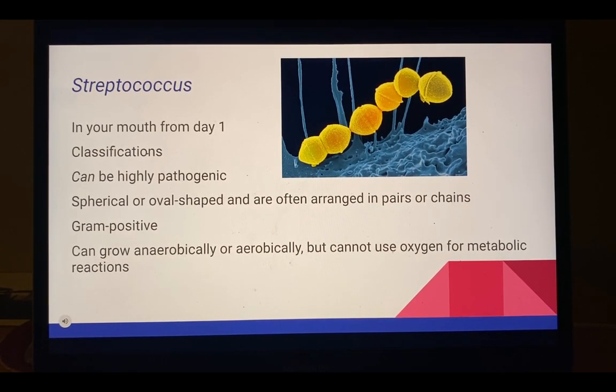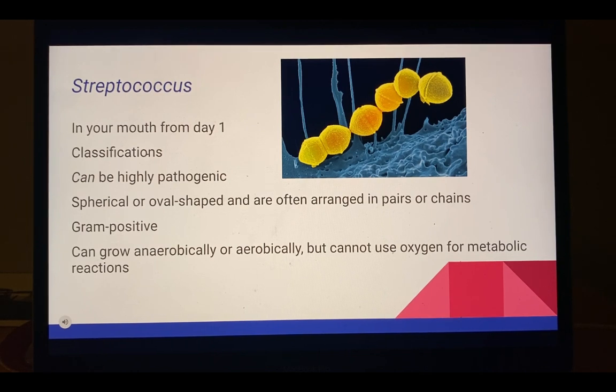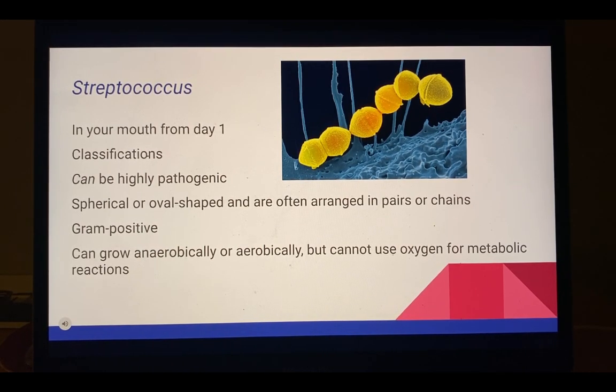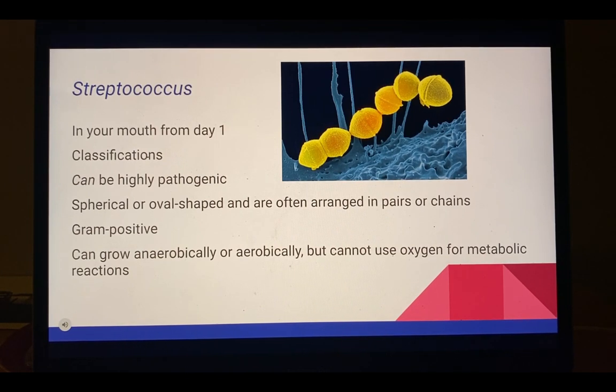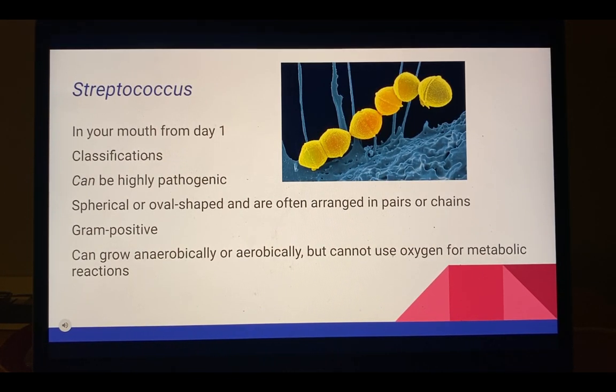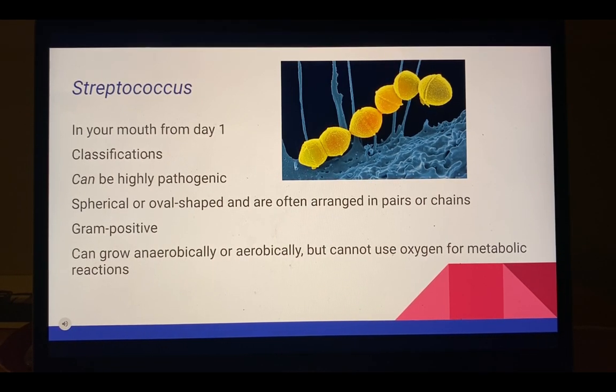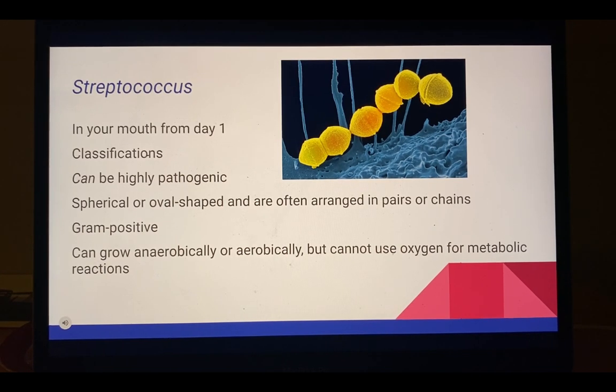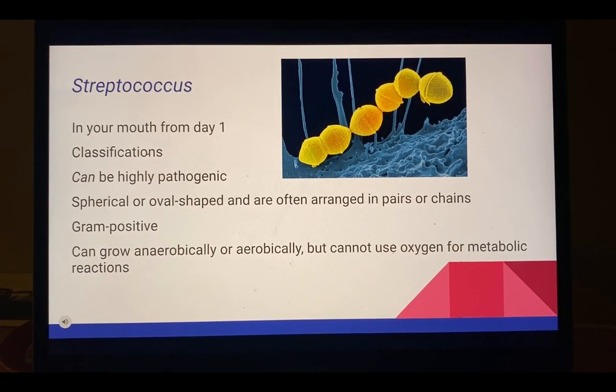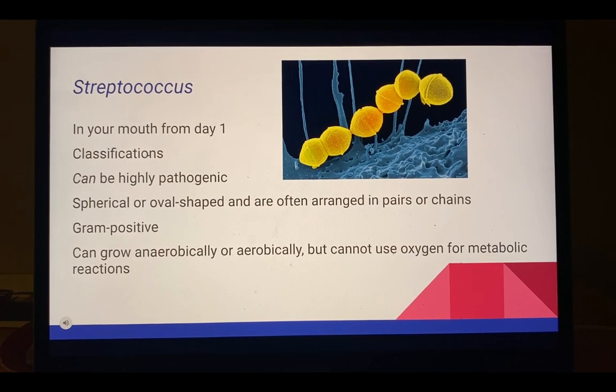Streptococci are classified based on their hemolytic, serologic, physiological, and genetic similarities. Streptococci are divided into 6 phylogenetic groups: Anginosus, bovis, mitis, mutans, pyogenic, and salivarius. Many streptococci are members of the normal human microbiota. However, some are highly pathogenic. For example, Streptococcus pyogenes can cause the infamous strep throat, and Streptococcus mutans is known to cause cavities and tooth decay.